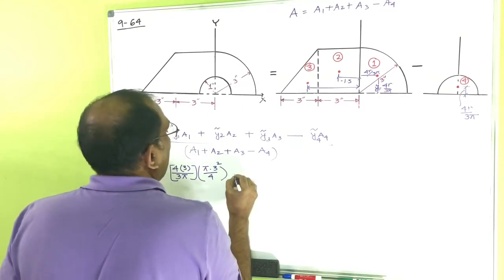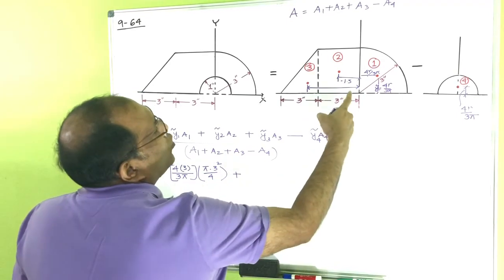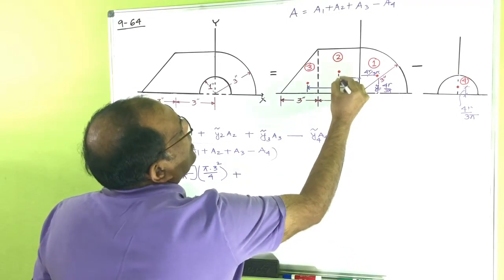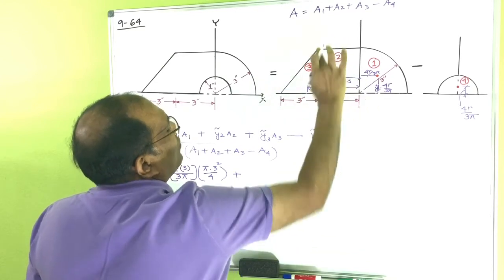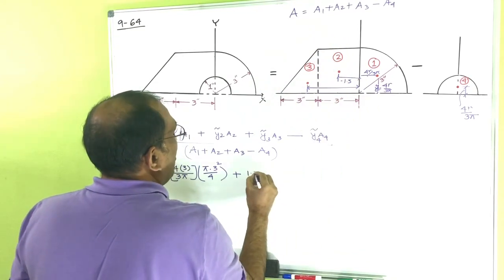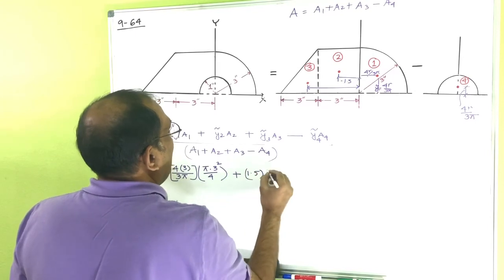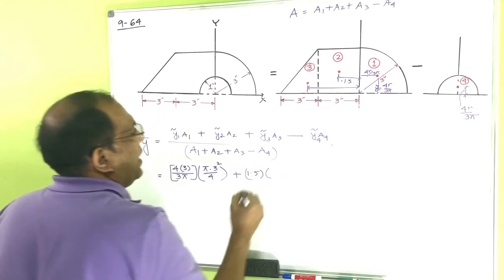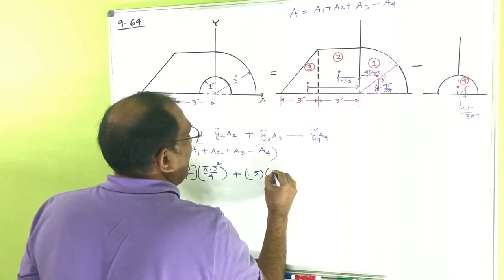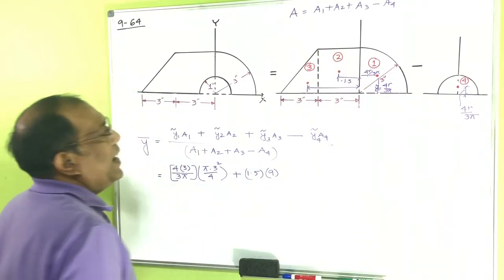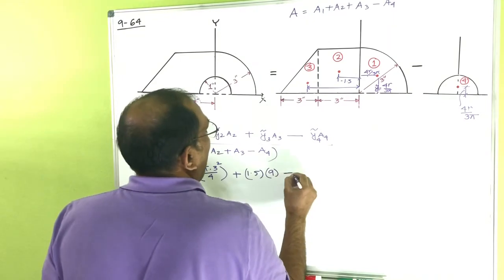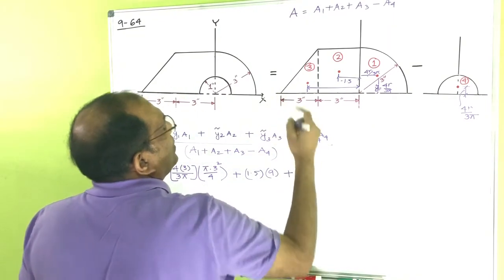Okay, then plus y2 squiggly bar. So y2 squiggly bar is from here to here, which is half of 3, so 1.5, multiplied by the area A2, which is 3 into 3, total 9 here,